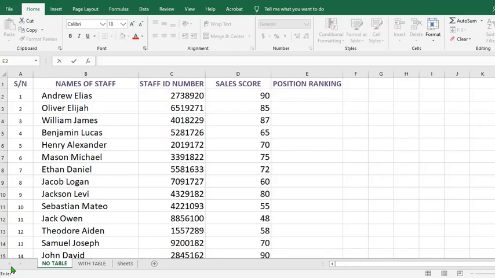In this tutorial today, we shall be learning how to rank data in Microsoft Excel. We are going to use this Excel worksheet containing the sales information of our sales personnel as example. So we are going to be using